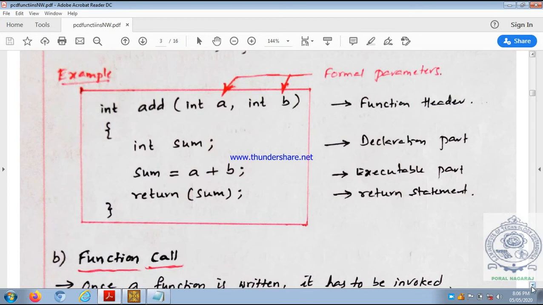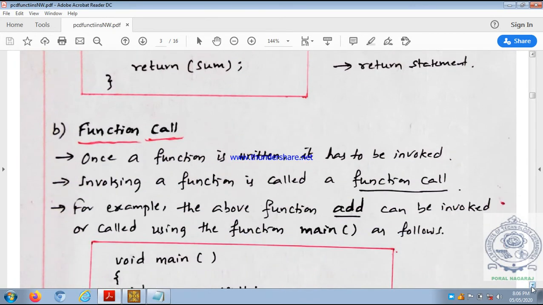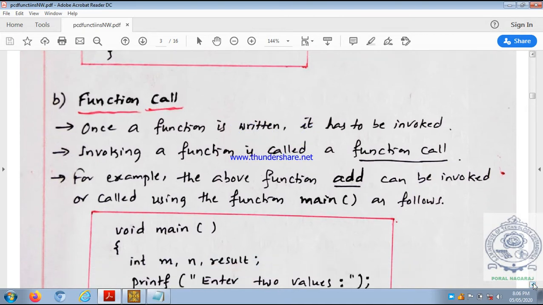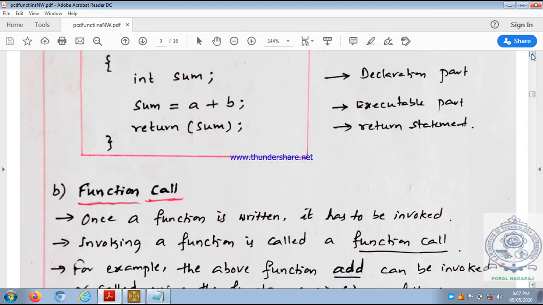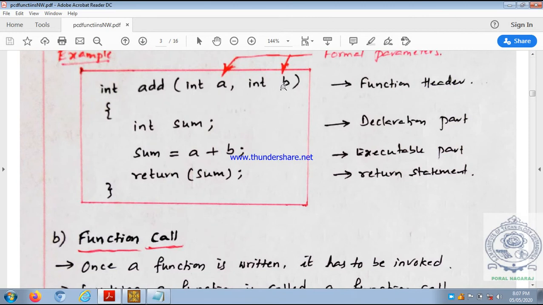So next element is what? Function elements of user defined function. Second element is what? Function call. So function call means once we define the function, whenever you want you can call that function with required number of parameters. Okay, here we have defined function add with how many parameters? 2 parameters, a comma b, a and b.